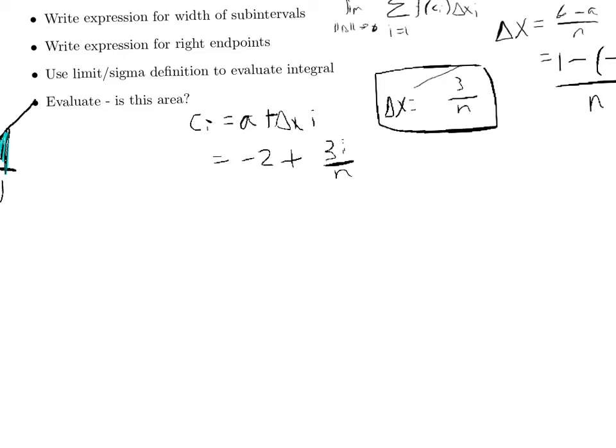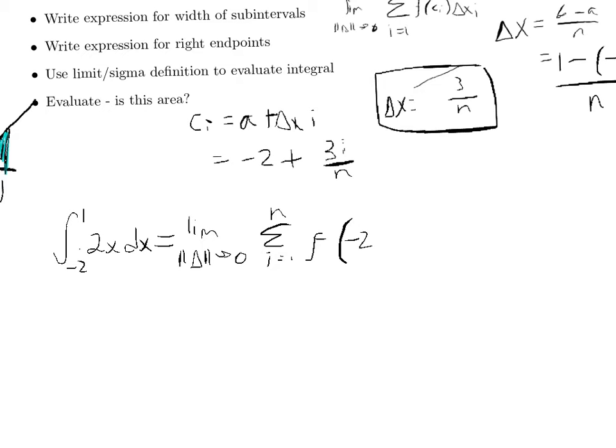By definition, this notation, the integral from -2 to 1, where -2 is our lower limit and 1 is our upper limit, of 2x dx is going to be equal to the limit as the norm approaches 0 of the sum from i equals 1 to n of f of -2 plus 3i over n times delta x, which is 3 over